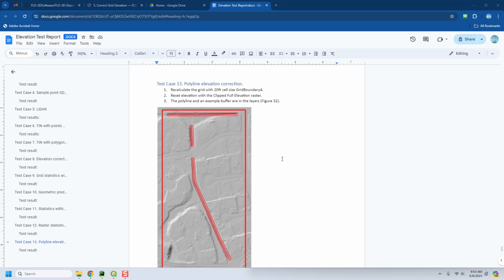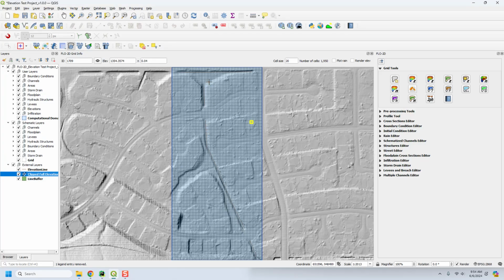Final grid elevation correction test, number 13, will use polylines as the location where we want to change our grid elevation. So in this case, let's go back here to our big project. We have these channels, and I have taken a polyline and put it at the center of the invert of these channels. What we want to do is make a grid elevation correction so that we get kind of